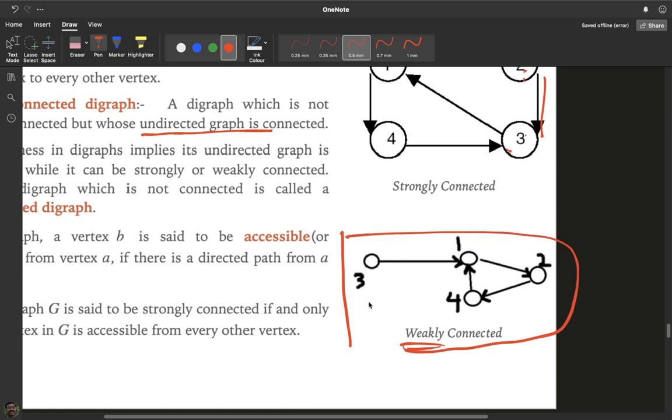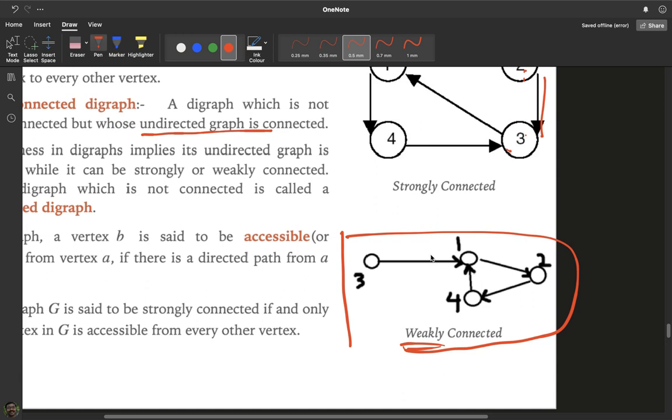Okay, but it is weakly connected. Why? Because if you look at 1, you can't go from 1 to 3. There is an edge from 3 to 1, but there is no edge from 1 to 3, or there is no path from 1 to 3. You cannot reach 3 from 1. So this graph is not strongly connected because there is no directed path between every pair of vertices